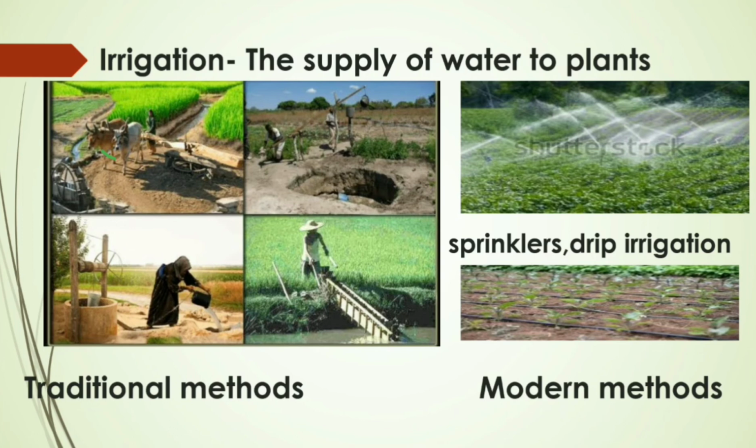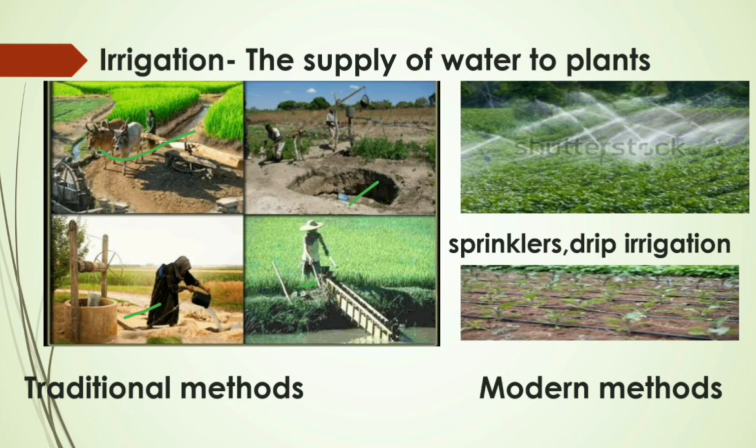On the other hand, some crops like wheat require irrigation only at the time of tilling and at the time of flowering. Sometimes excessive supply of water reduces the air spaces in the soil and causes waterlogging, which can damage the plant roots and cause them to die. These are a few of the traditional methods of agriculture which involve the use of wells, tube wells, ponds, lakes, canals, or using cattle or human labor.